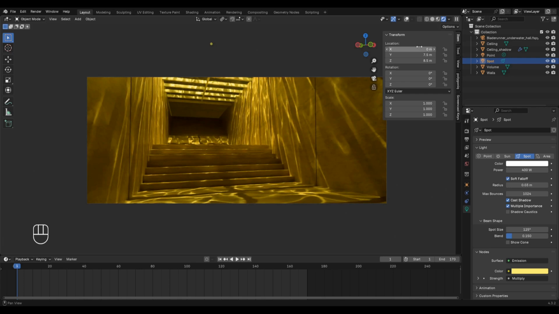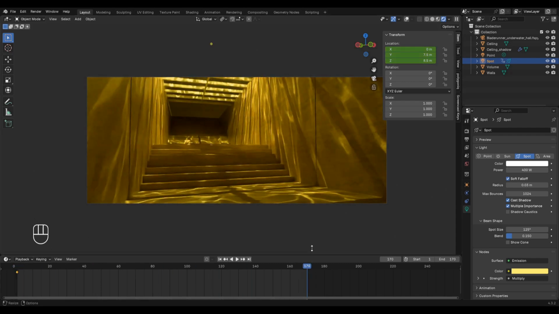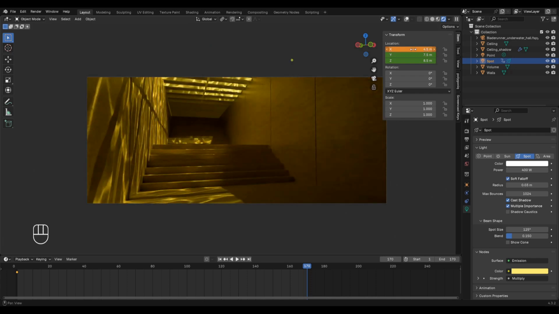Go to Item menu. Press I to add the animation key. Set the marker to the last frame. Set X location to 4.5 and press I again.